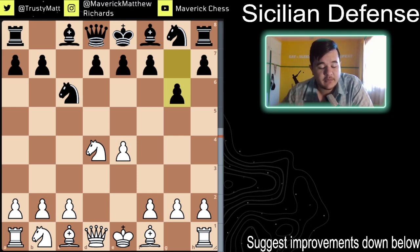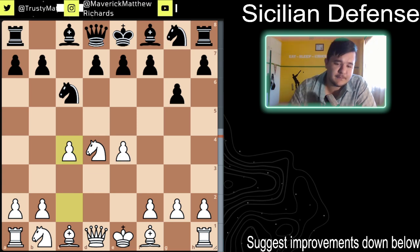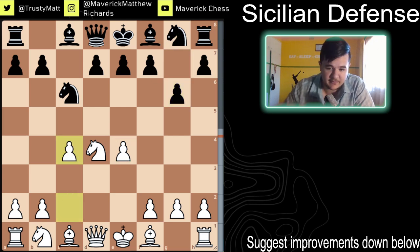Well, they can go for one of the most solid systems, which is c4, the Marozzi bind. You get this with e4, c4. Why can't you play c4 in some other variations of the Sicilian? Because normally the knight's out here, so you have to commit to knight to c3. Because the knight doesn't come to f6 and put pressure on this pawn, you have the luxury of playing c4,